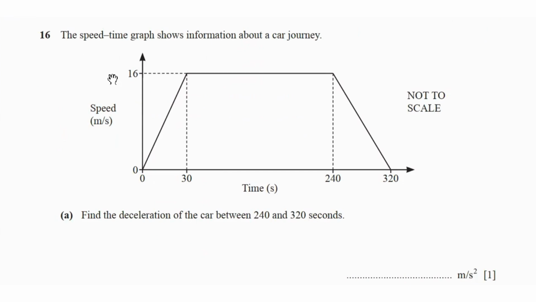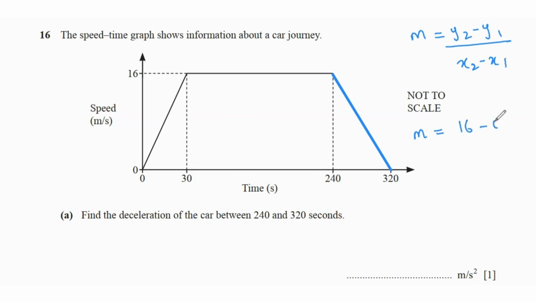Question 16 says the speed-time graph shows information about a car journey. Find the deceleration of the car between 240 and 320 seconds. So between 240 and 320 seconds, it's basically this area. So remember that the slope of a speed-time graph gives us the acceleration or deceleration, whatever the case is. So that means we find the gradient using the formula m equals y2 minus y1 over x2 minus x1, which is going to be